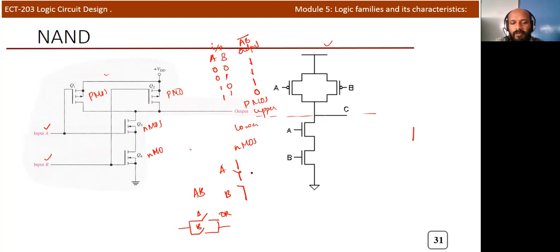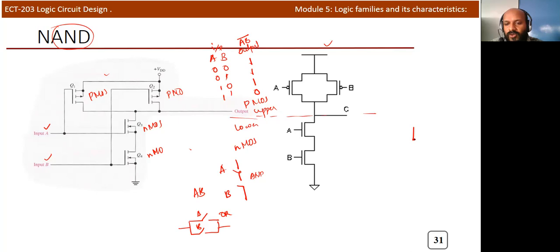So this is AND operation. So here we actually require a NAND gate. So here you can see some ANDing operation. So lower portion you need to draw by using the basic switching circuit. Okay, and I will tell you a trick to draw this particular circuit. When this is a NAND gate, you think about AND, and if two switches are connected in series, that switching circuit will act as an AND gate.